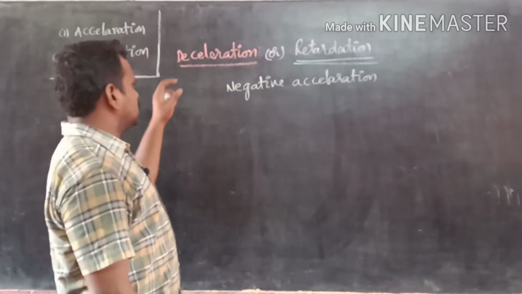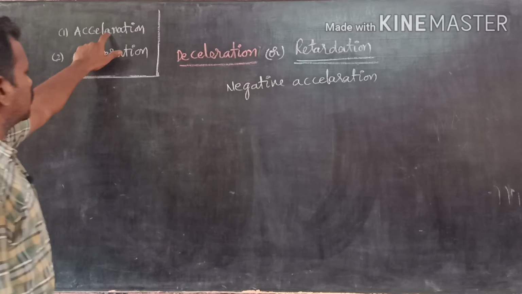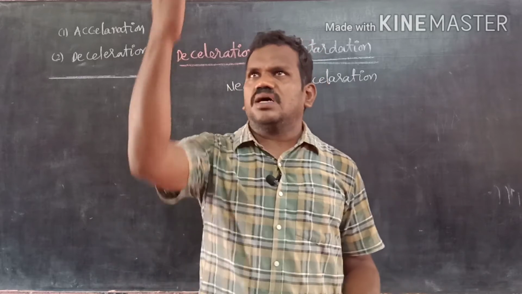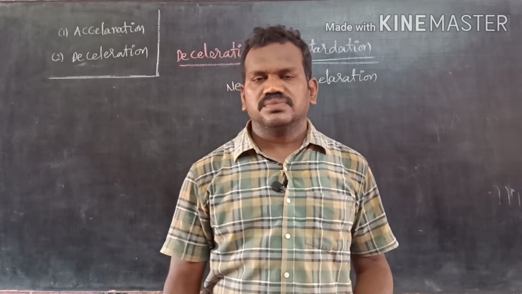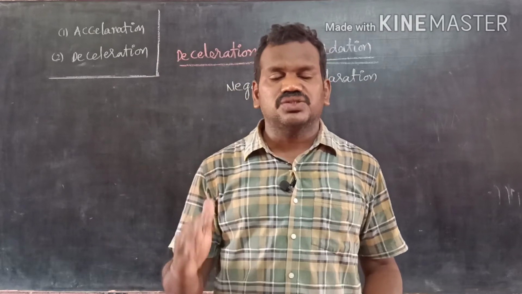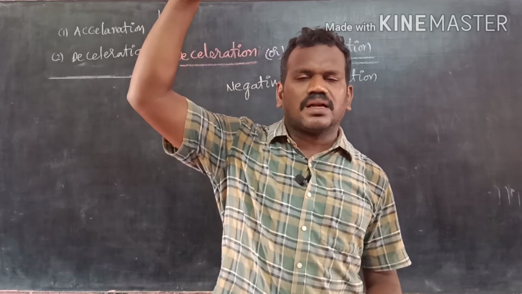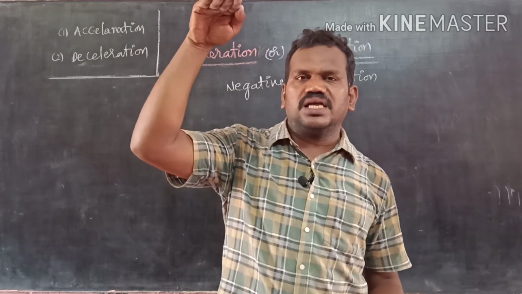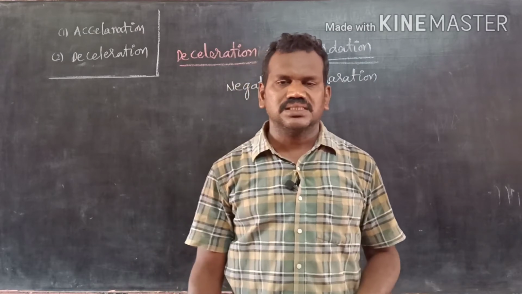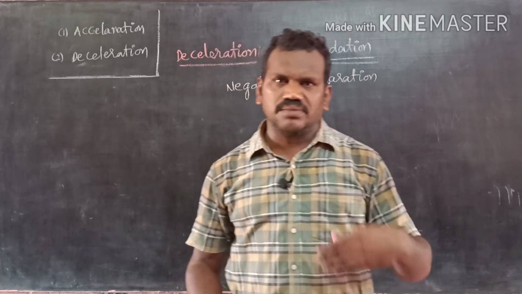Now, what is deceleration or otherwise retardation? Till now we discussed acceleration. Generally, a ball is there. You throw the ball in the upward direction. At what speed we threw it up, the same speed it will not maintain. Why? Because as it moves towards higher altitudes, the speed of the ball gradually decreases and it comes to rest at a particular place, and again it comes down.